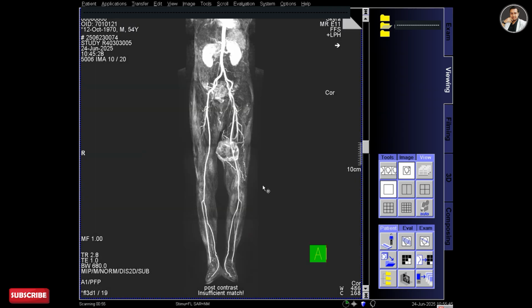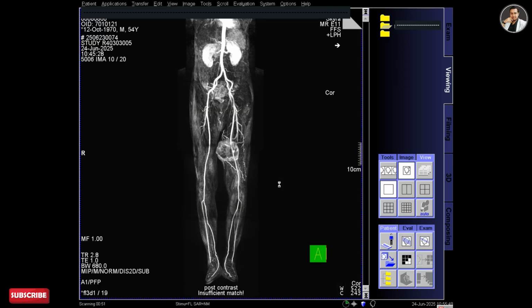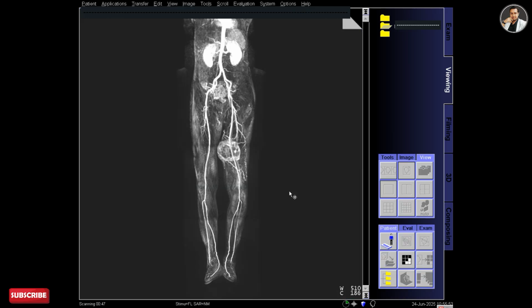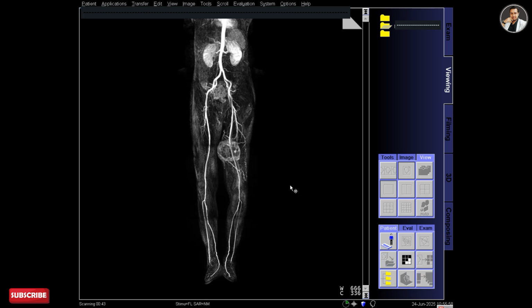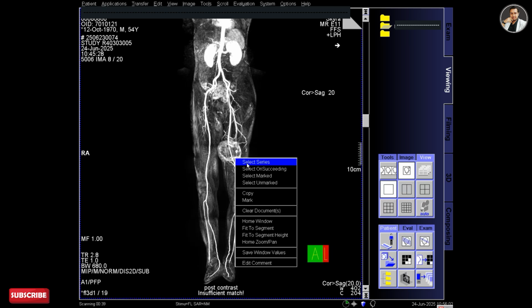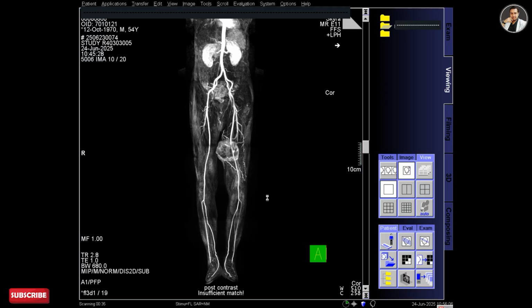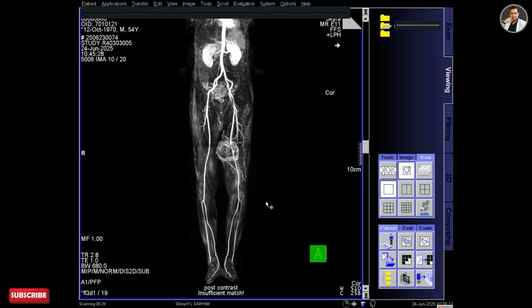This is the radial 180-degree images that I have made from the 3D app, and you can see there is a huge lesion in the left lower thigh, obviously a medial thigh lesion.